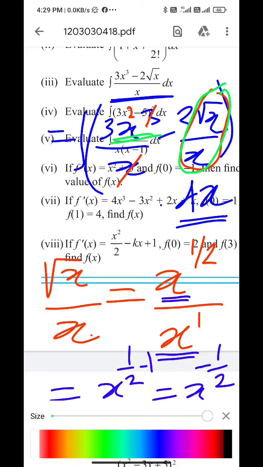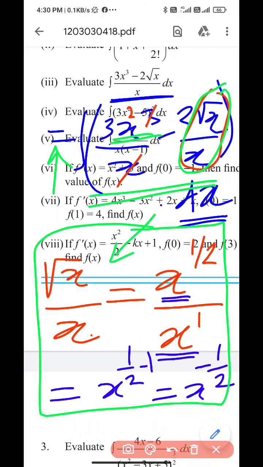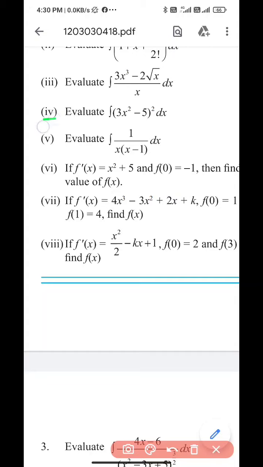So I'll rewrite. You just have to write these steps, followed by the equal to sign. This part you can write in the margins of your book or somewhere rough, but this part is very important for your basic fundamental understanding. After this, what we are left with in the third step will be